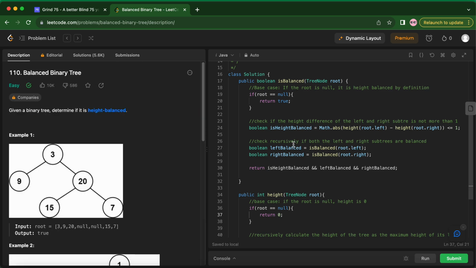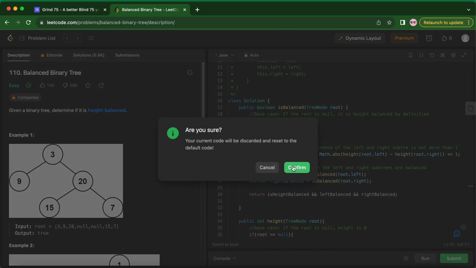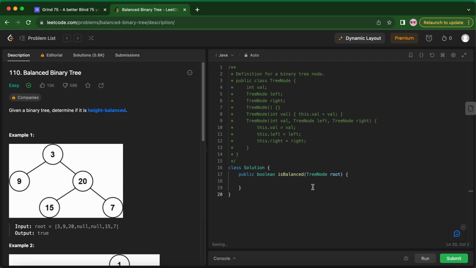Let's start with our second approach. I should say reset to default code definition. Confirm. Okay. So now let's create a method. In one function we'll check for the height as well as if it is balanced or not. So we are going to write another method, private, if I return void, no, let's return int. I'll return the value from this, checkBalance,